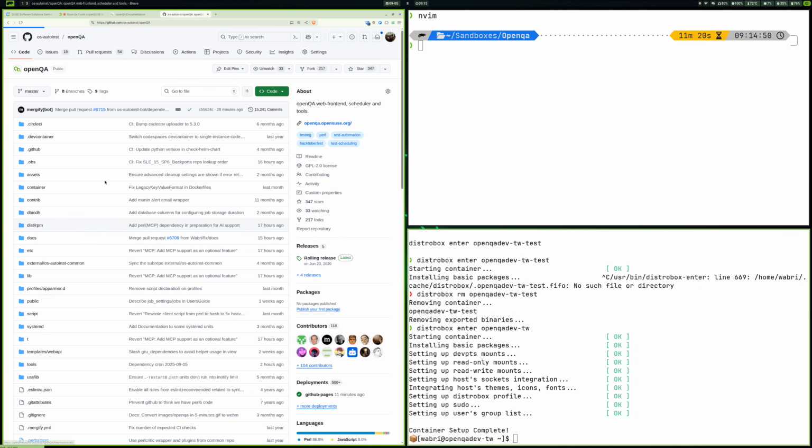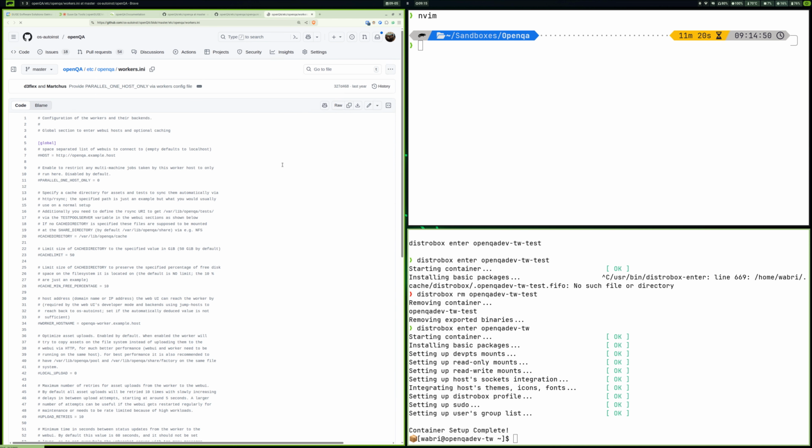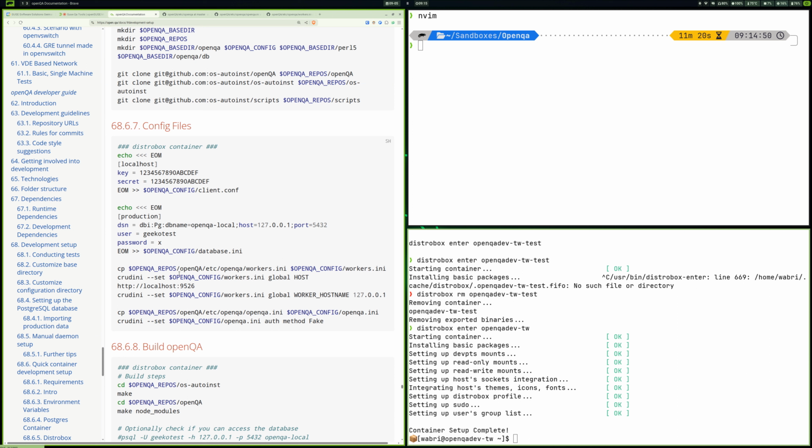The third and the fourth configuration you can find inside the repository, inside etc/openqa. We are going to use the openqa.ini and the workers.ini. In the documentation, you can find